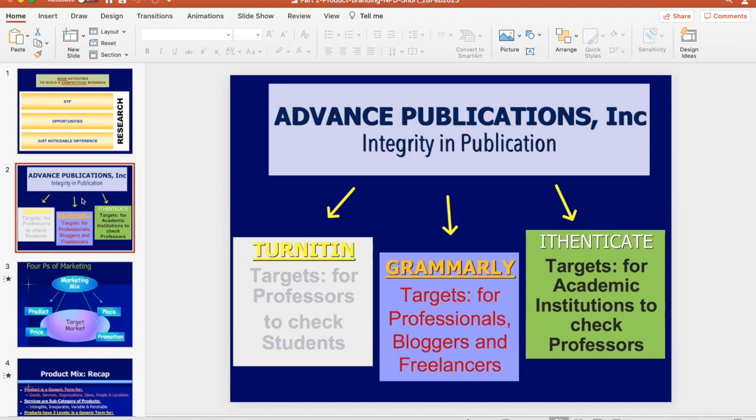Authenticate is like the reverse Turnitin. Authenticate is actually a business-to-business product that is sold to research publications in order to find plagiarism, not from students, but from professors. So it's actually publications using it to find professors that are cheating when they submit a publication in a journal. But it's the same thing as Turnitin. It's the last product that they've created. And I find it very interesting because